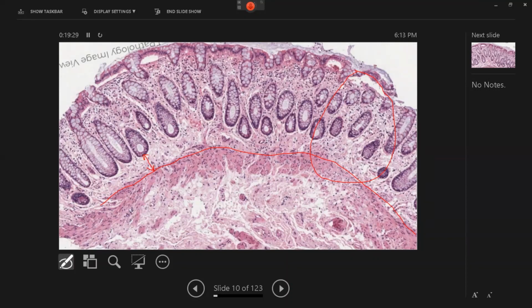But overall, what does that tell you? Despite the fact that you don't see a lot of architectural distortion apart from the crypt atrophy, this is enough to call it quiescent colitis if you have a patient known to have ulcerative colitis or Crohn's disease before.